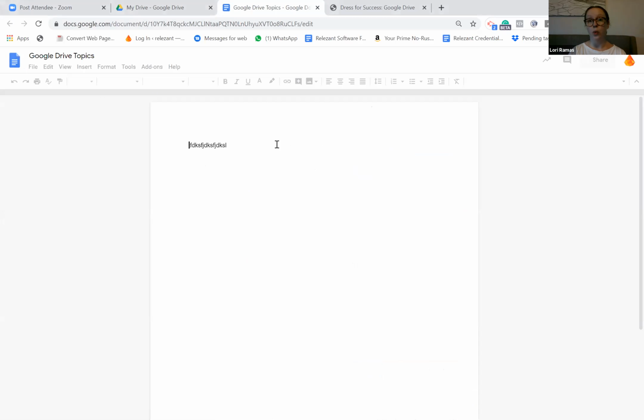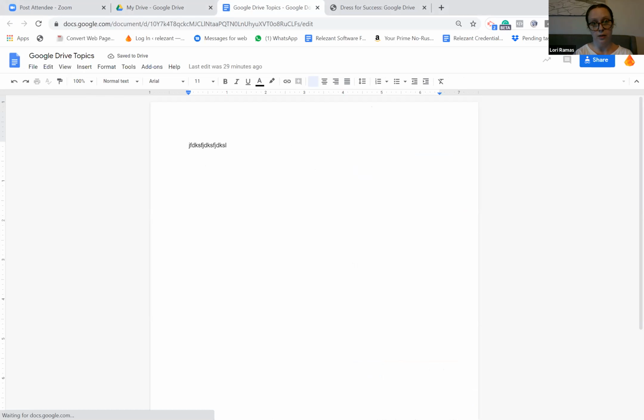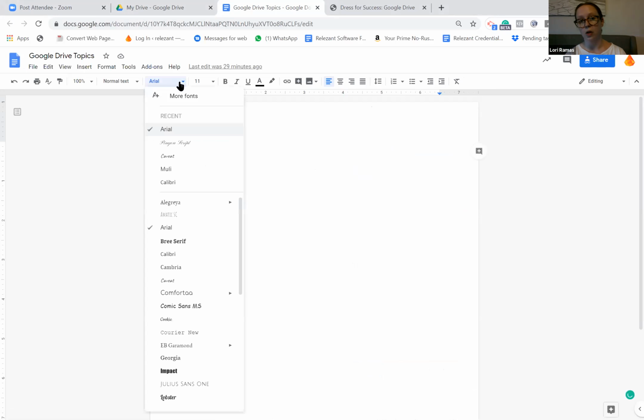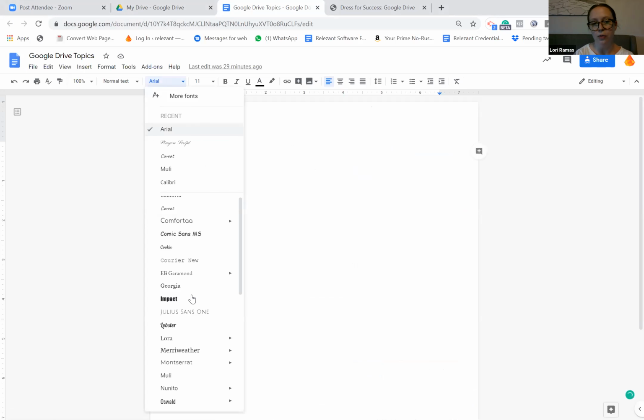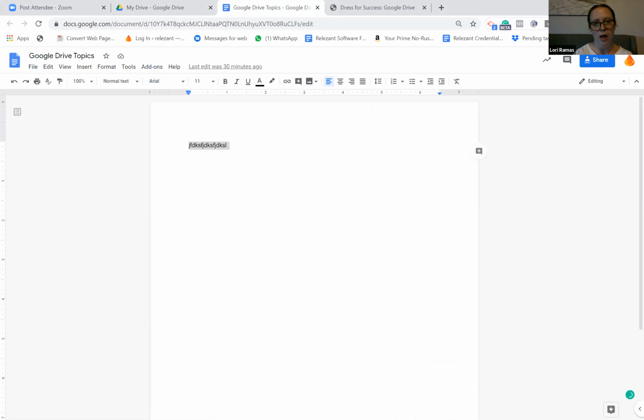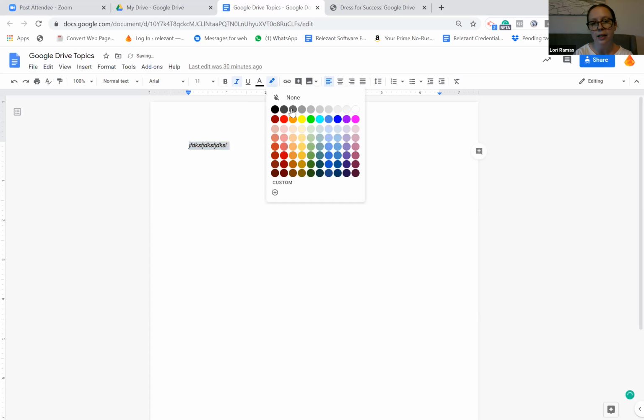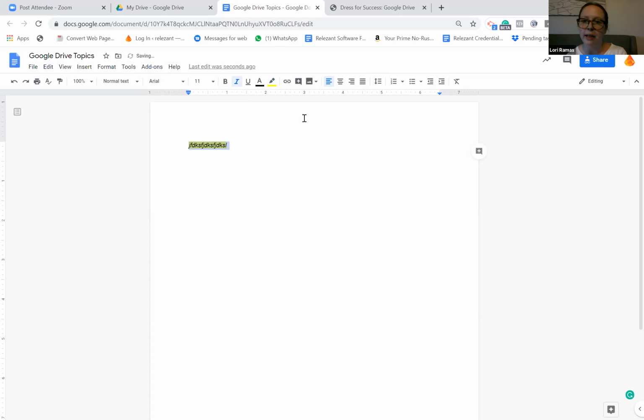I just wanted to quickly touch on, in case this is helpful, if I want to change my font, just in case you're not familiar with where these things are located, you have tons of cool font options, bolding, underlining, highlighting, depending on how you want to use these things. I just wanted you to know formatting is very simple, and it's all available right here, right in this bar.